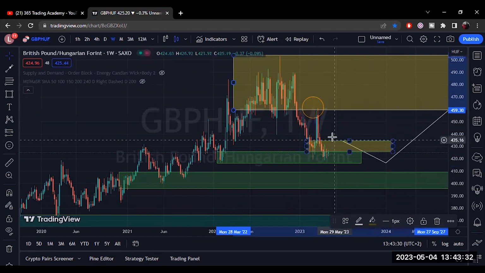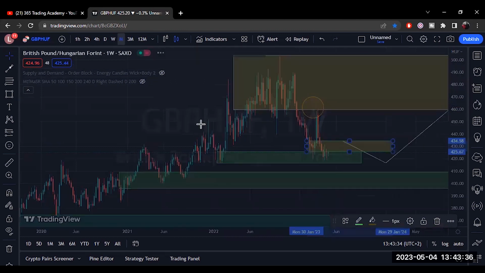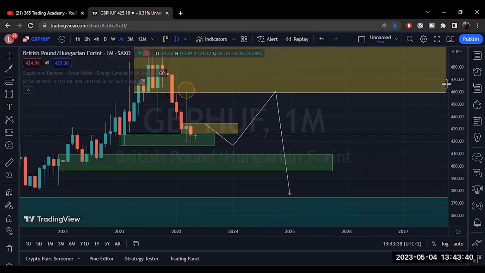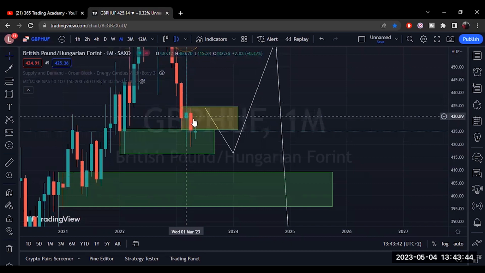Remember guys, this yellow zone here, don't forget, is this monthly area of value where price is already cooking up as supply, right? So the yellow area is this area there, right? It's this supply that was created with the close of last month, April, okay? And then